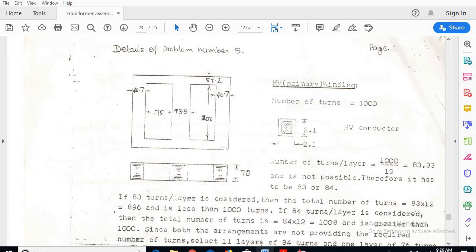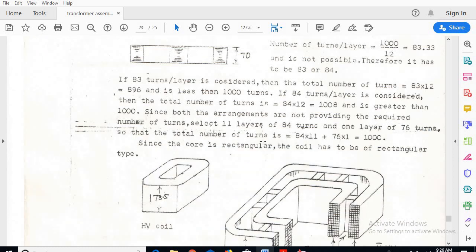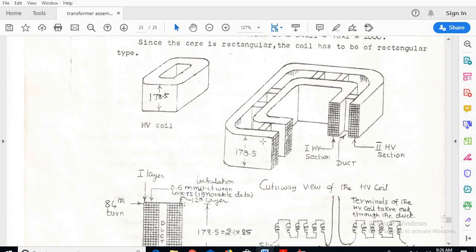Next, coming to the plan, this is the plan. When we go for the cut section, we can only see the center limb and the outer legs. This is without windings. Now if I go with windings, this is how it will look. The height of the HV coil is 178.5.